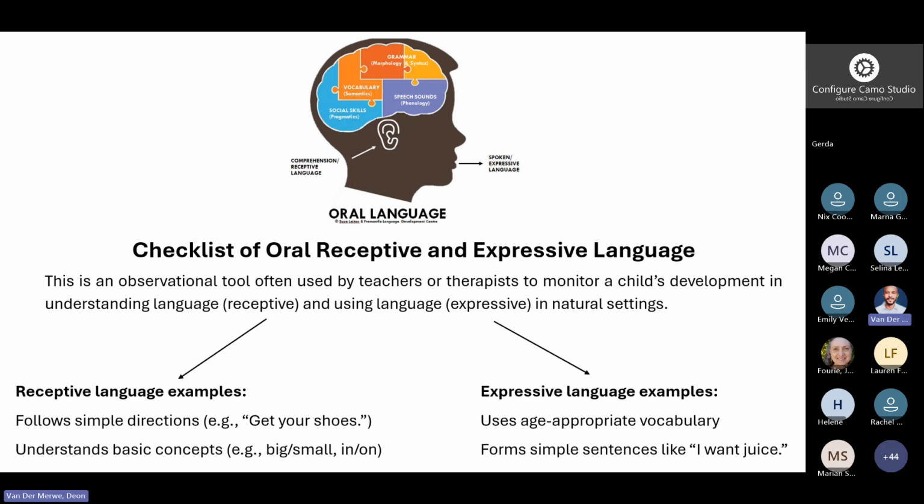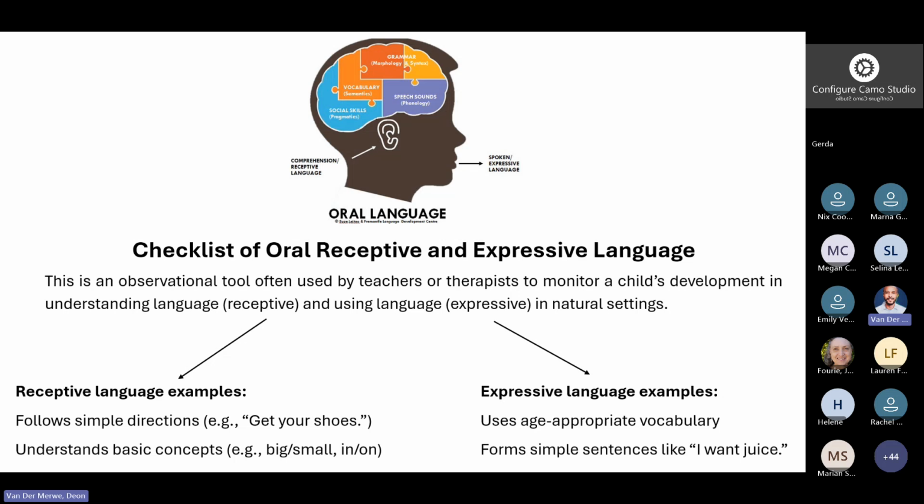And so it can be a checklist that can look at the receptive language examples of learners, whether learners can follow simple directions. For example, if you give an instruction to the learner to go and get a shoe, whether the learner is able to